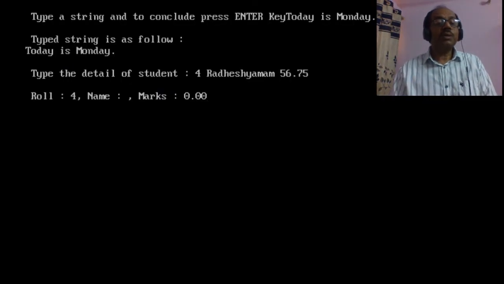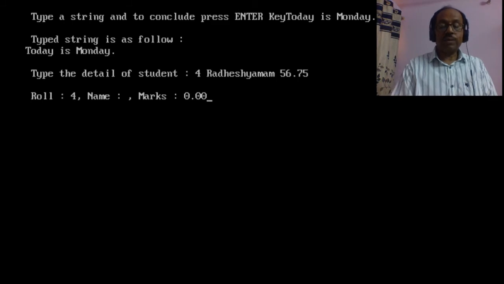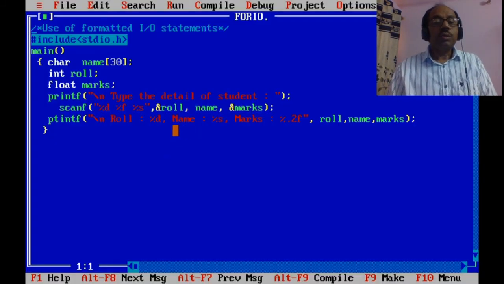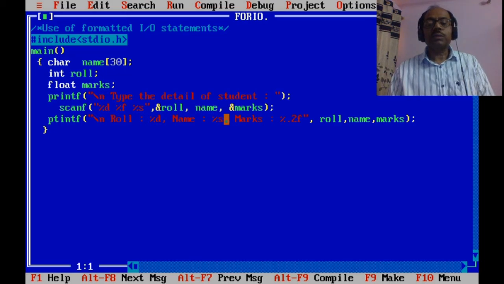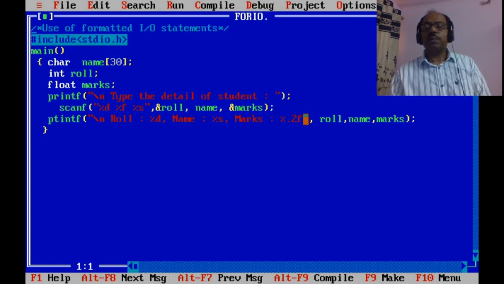Here we will see that roll is shown, but name and marks are not showing. Why so? Let's take a scroll. Roll %d name %s marks %.2f. Okay, roll is here, fine. Name is not placed here.